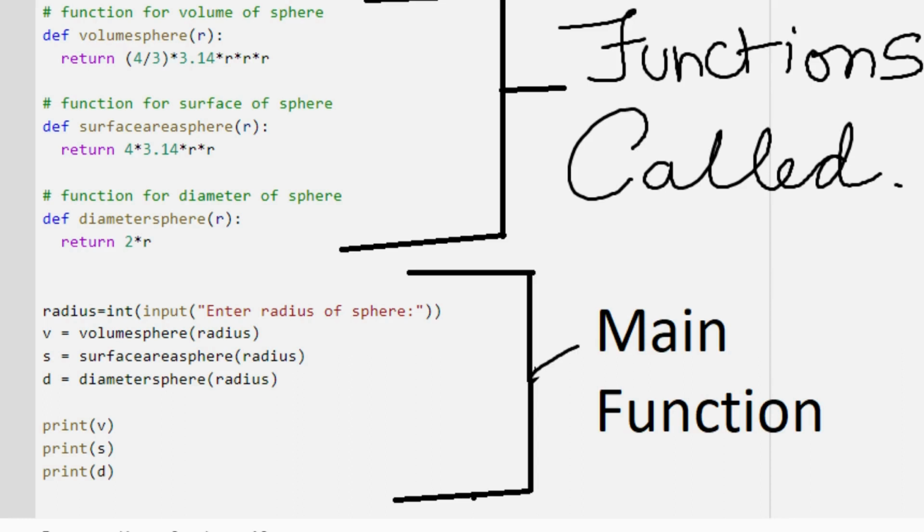This is the main function, and this is the function call, right? So remember, we define the function with the def keyword. And here I apply all these formulas which we have already discussed. Volume is 4 by 3 pi r cube, surface area is 4 pi r square, and diameter, right? So we will do it practically